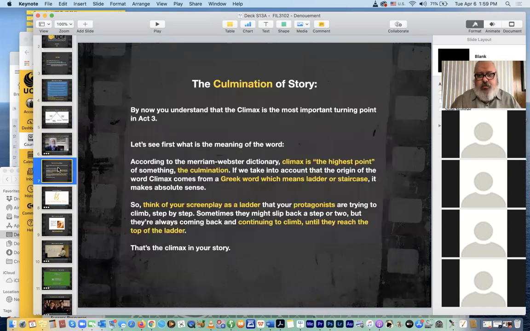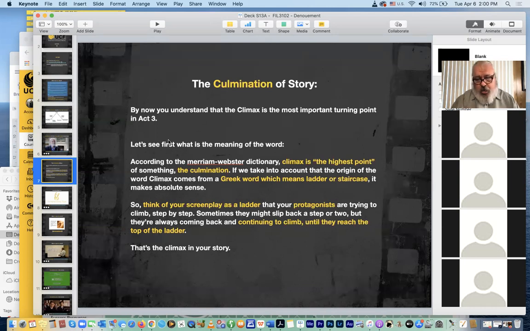So that's basically the climactic structure. So the culmination of your story, it's really an important point, and how you use it as a mechanism of your story structure can mean a lot to the success of your story and the energy and momentum of your story, and as it relates to the audience experience, right?